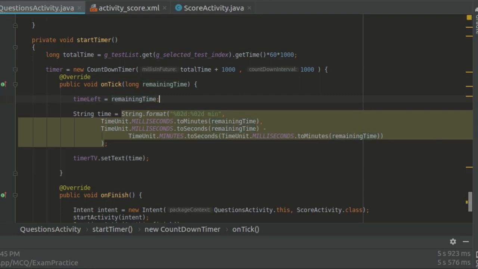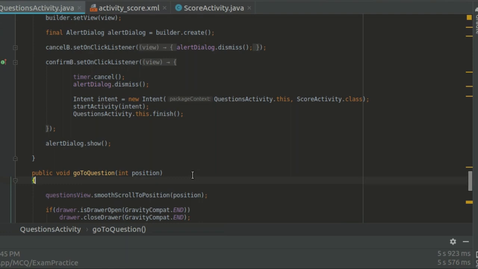So this contains the remaining time of the test, which will be assigned by this value, that is remaining time, and this is our total time. From these two values we can calculate the time taken by the user